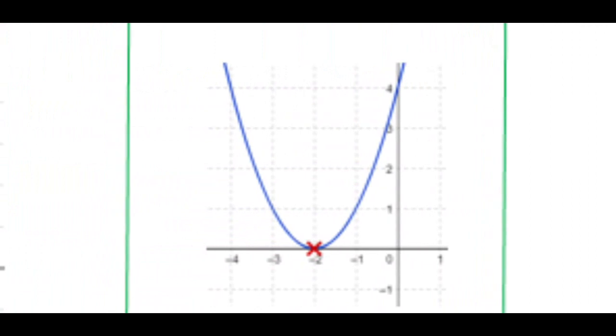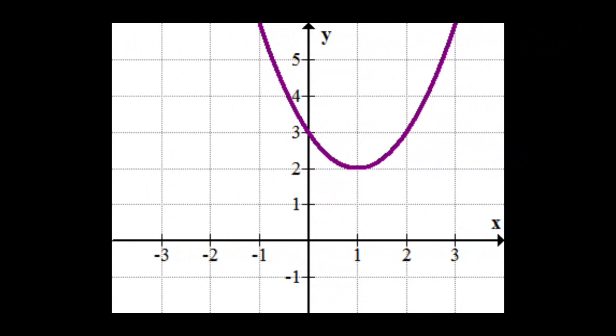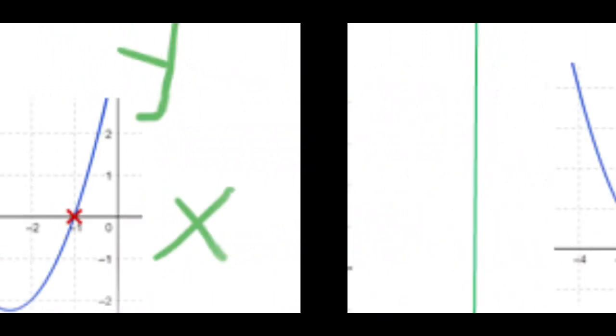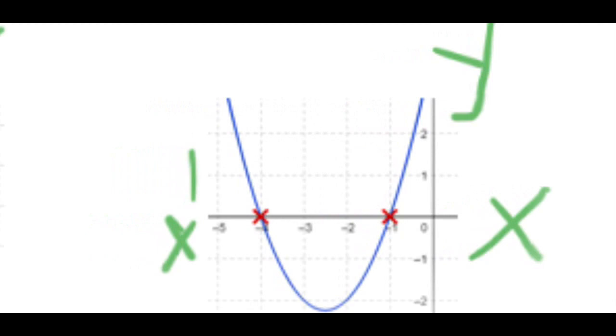In the case of a quadratic equation, a quadratic polynomial, the graph will be a curved line. In the case of linear, it means a straight line. But here in the case of a quadratic, it is curved, and it is meeting at only one point, that is, on the x-axis, the red mark you can see. That is, this polynomial has only 1 zero. Here you can see our graph is intersecting at 2 points on the x-axis. So the polynomial has 2 zeros.